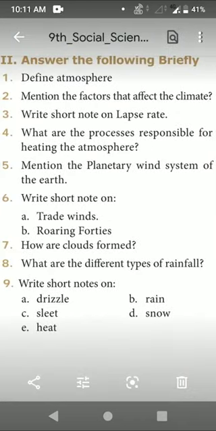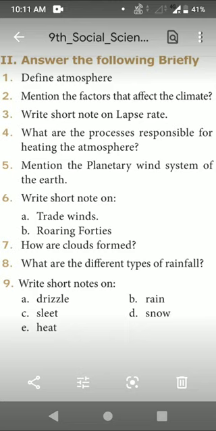Choose the best answer. First, oxygen is the most important gas for the survival of living organisms. Do you know which is the most important gas which we need to live? That is oxygen. Next one, the lowest layer of the atmosphere is the troposphere. Next, the mesosphere reflects radio waves. Which will reflect the radio waves, students? That is the mesosphere.